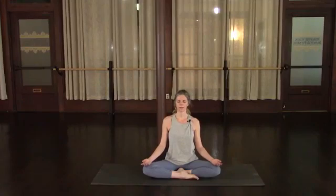Let the breath become an anchor point for your practice, helping to keep you present right now in this centering. And as we begin to move and flow through our sequence today, and even when you transition off the mat, knowing that that constant rise and fall and ebb and flow of the breath is always there for you to come back to. It's always there to offer you an opportunity to reset, to find peace,